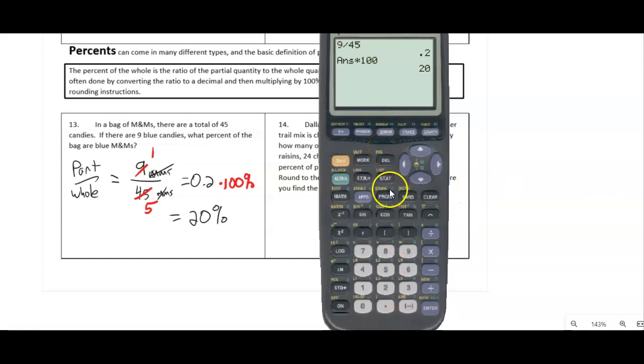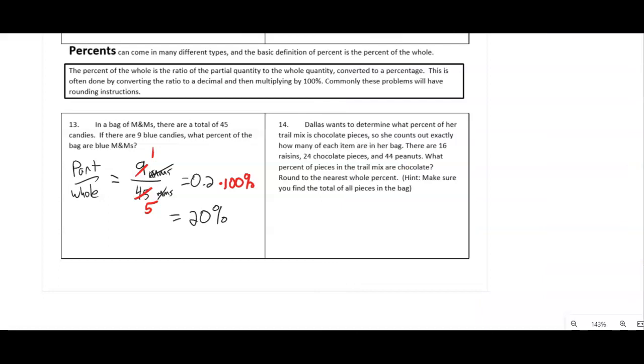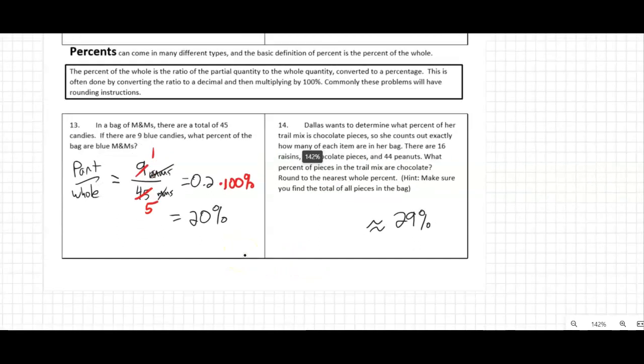All right, go ahead and pause the video as you work on the right side. The answer you get on the right side should be approximately 29%, rounded to the nearest whole percent. Okay,